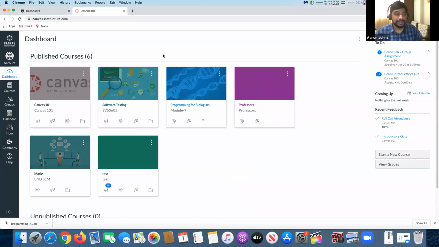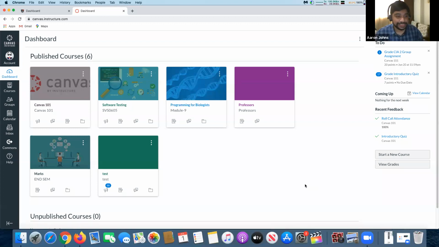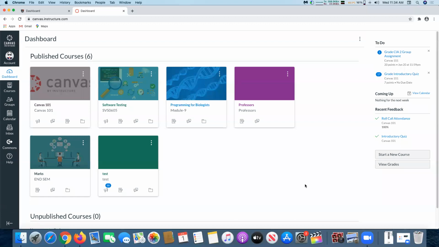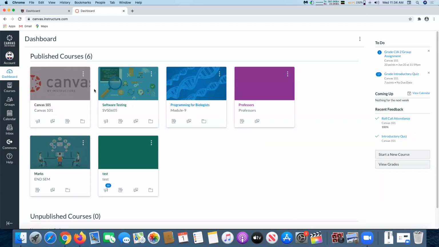So anyway, let me start off with how it looks. So let me begin. As you can see, this is Canvas. It has a nice dashboard, as you can see, right? A big dashboard over here. You can actually set up your courses and put them up for the students over here. Whatever course you set up is on this page, with a nice icon with the course name on it.